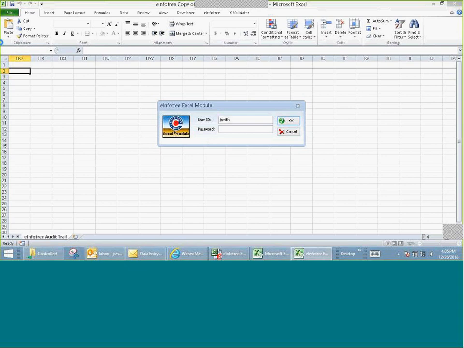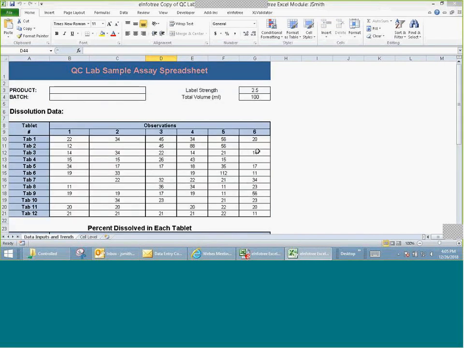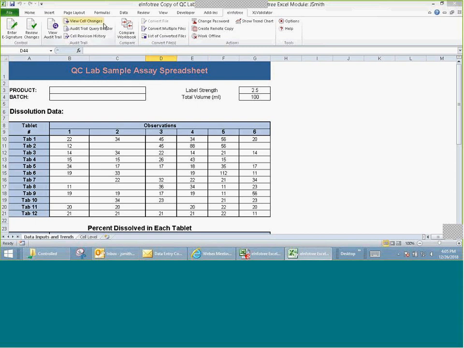So, again, since I have multiple users, we're going to go ahead and log in with the reviewer. You can see we're now back in that same controlled workbook. Now, the reviewer has some choices. If we open up the eInfotree tab, as you recall in the PowerPoint, we talked briefly about these three filtration tools which we built in, which are above and beyond the search engine